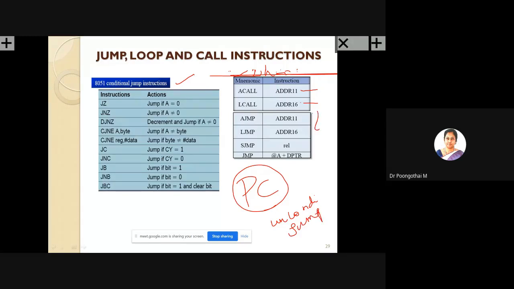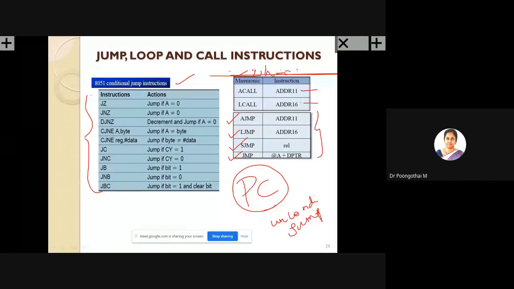Under jump, we have four instructions: absolute jump, long jump, short jump, and simple jump. And these instructions are under the category of conditional jump instructions.